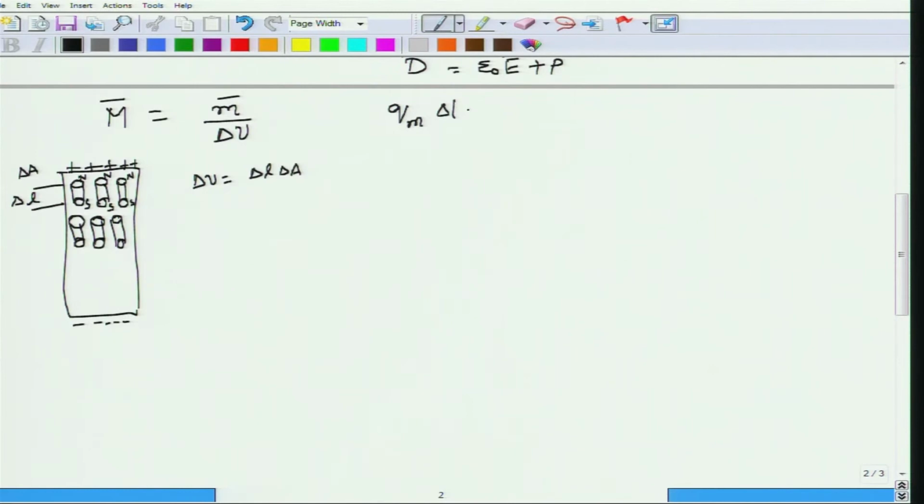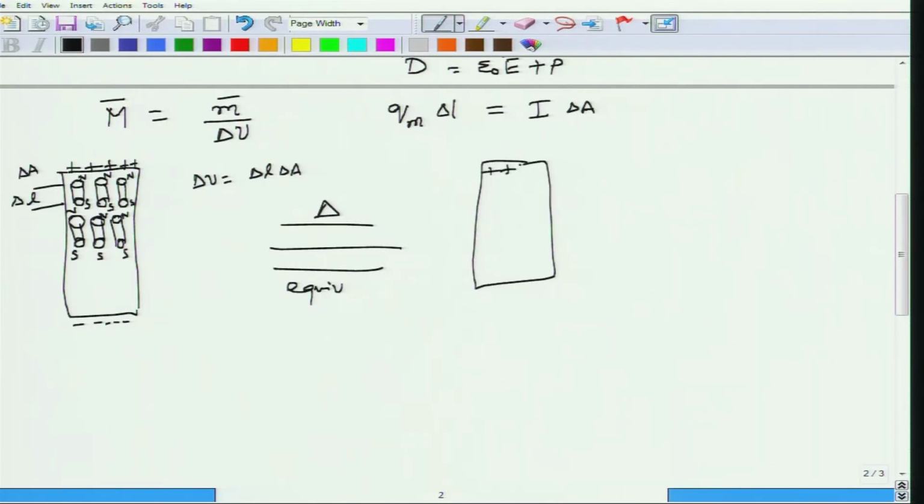So, you have magnetic materials, Qm delta L being the dipole moment. This of course is actually equal to current I into delta A, right. This is the current that is carried by the loop multiplied by delta A, that would be the magnitude of the dipole moment. So, when you look at the lot of tiny magnets inside a magnetic material, you will see that the north and south poles essentially cancel out each other, and what you are left with is some sort of a